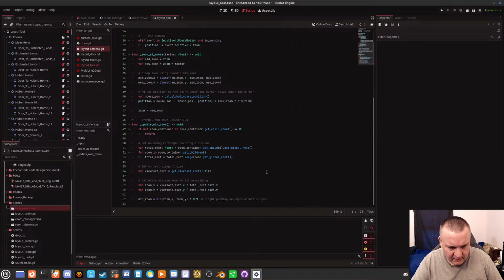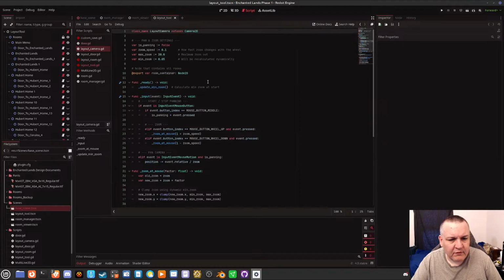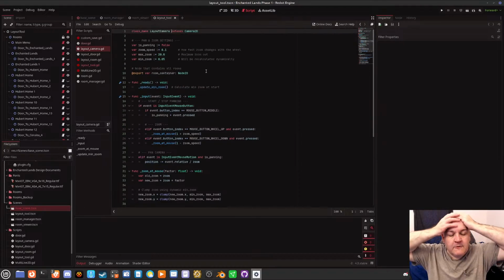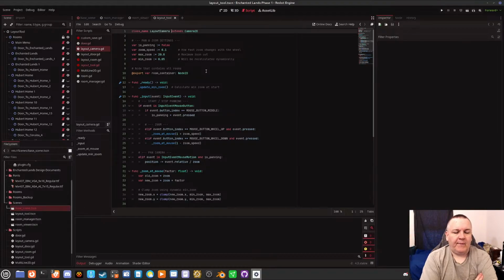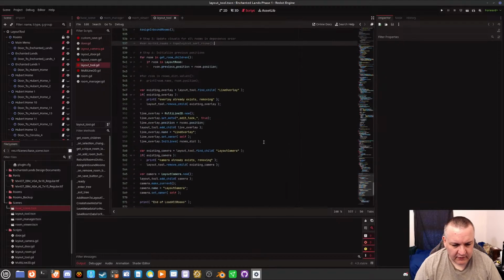I've got to see what's going on here. Update min zoom. Oh yeah, have an export variable here. That should be okay. No, I'm trying to figure out something here.